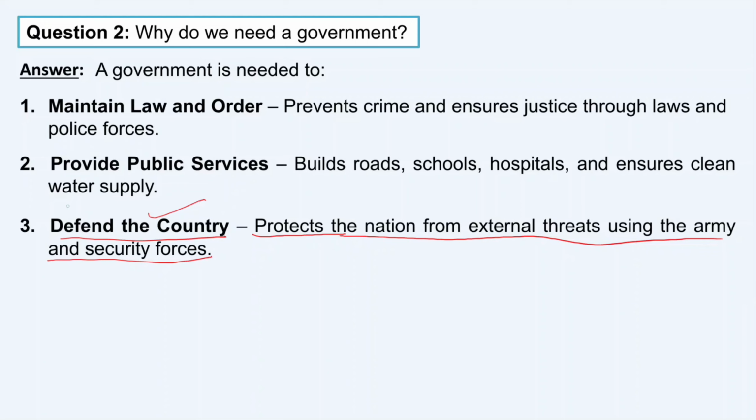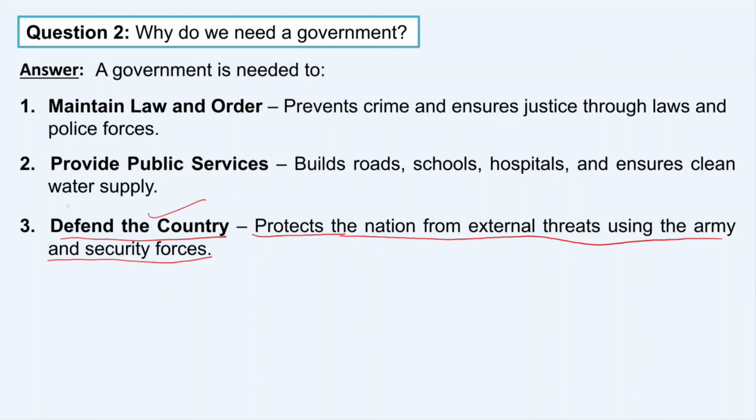If they don't protect the people who are living around that border area, then there will always be a threat and the people will not live in peace, isn't it? For example, in the Arunachal area, with China, I hope you have also heard in the news that the Chinese army, day by day, is trying to capture the land of India, and they have captured so much land already.